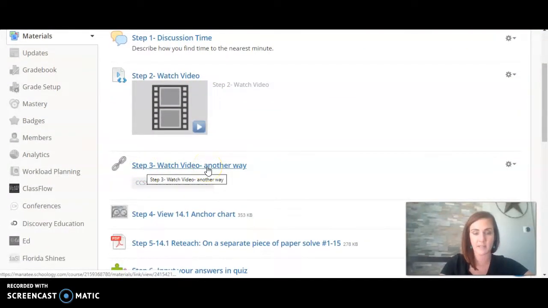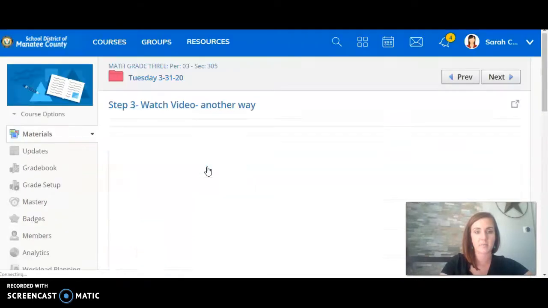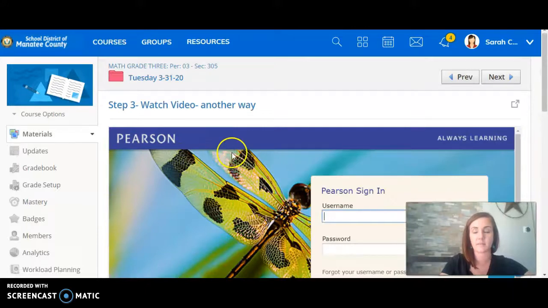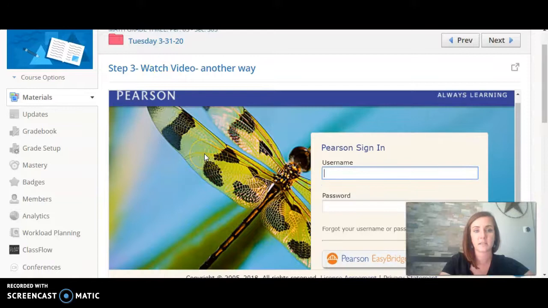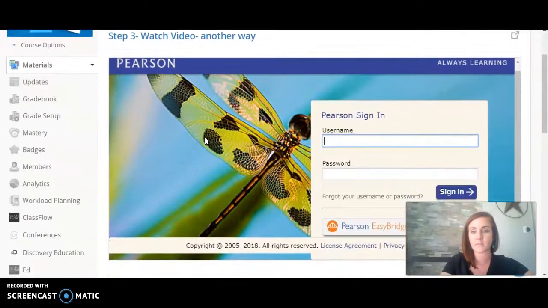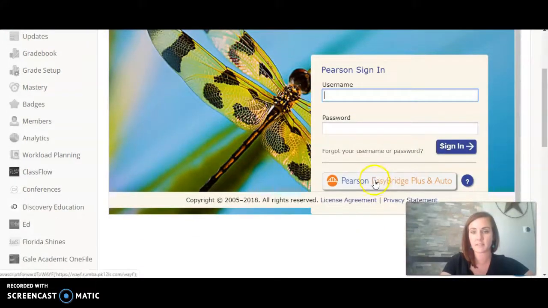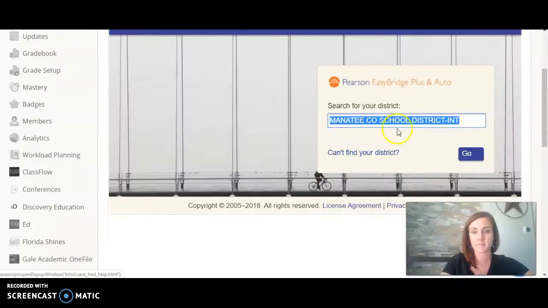This is another way. This is what we watch from the book. So here sometimes it won't have you logged in completely. So if you click on here, it has our Pearson. Go to the second, so Pearson Easy Bridge, and click this. It should look for Manatee County School District. So here, make sure it has Manatee County, then you hit go,